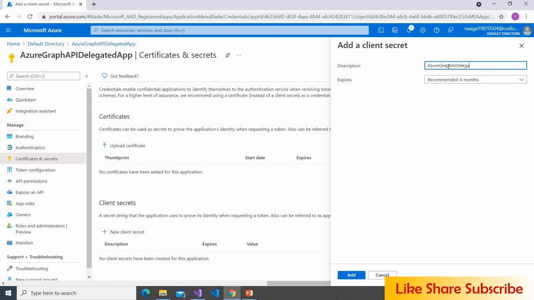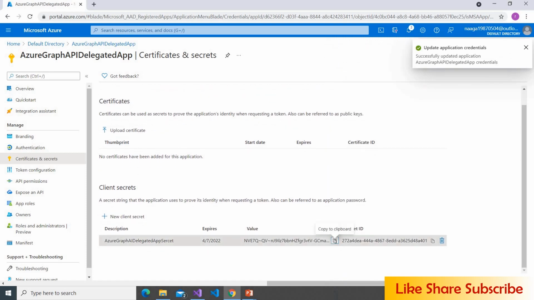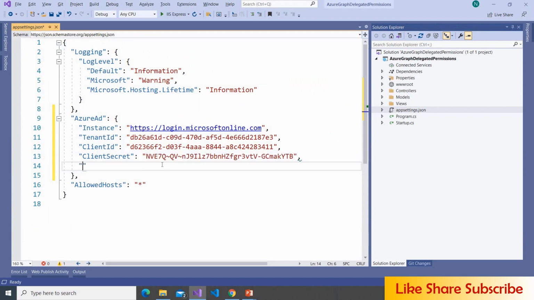Delegated App Secret, something like this, so that we can easily understand to which application this secret belongs to. Click on add, take this value and go back to the solution and configure it over here. And also, as we are using Azure AD, we have to give the callback